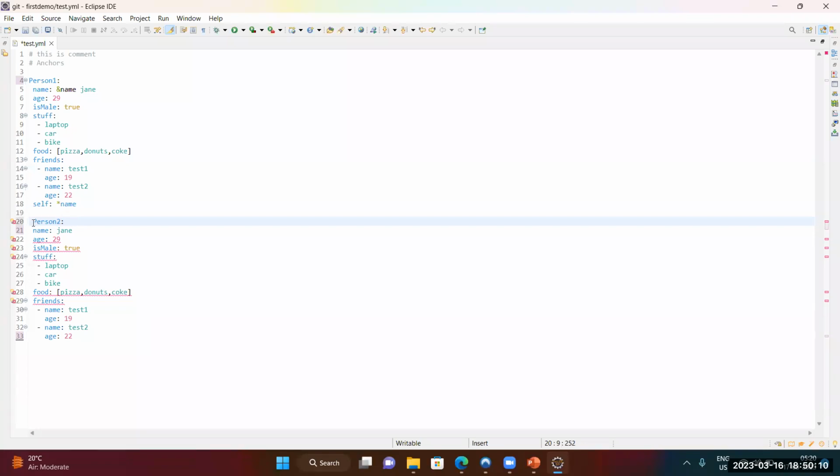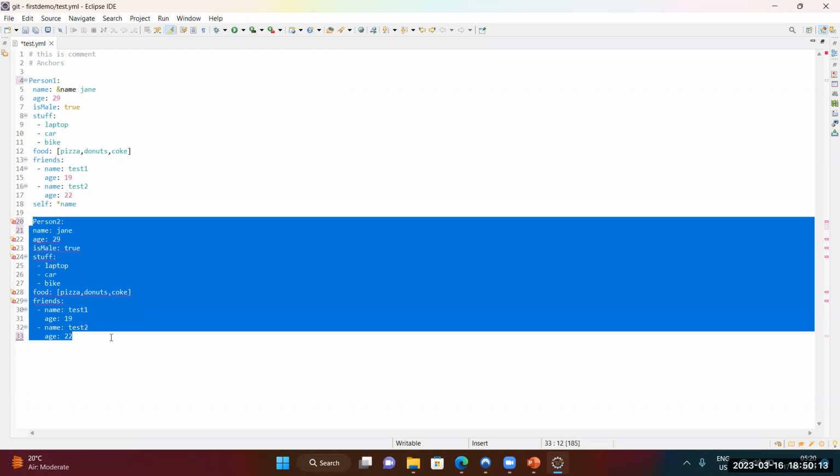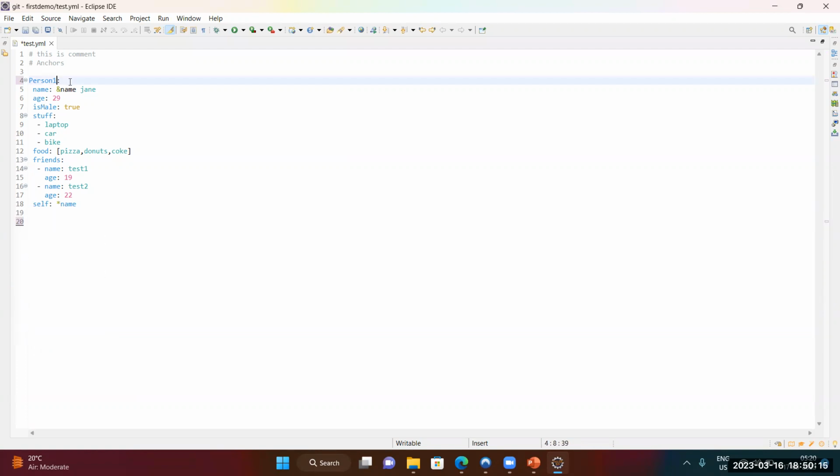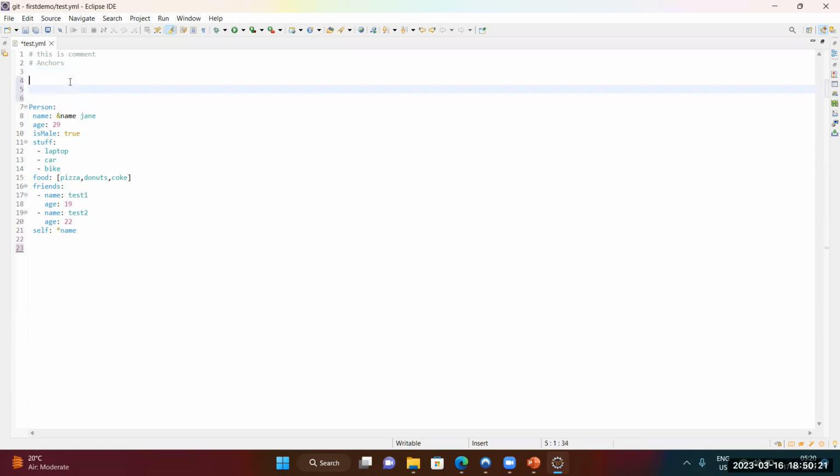Okay, one second. Let me just remove this. So what I'm going to do is change this one to a base person. Base underscore person. Under the base person, I'm going to write a couple of properties: